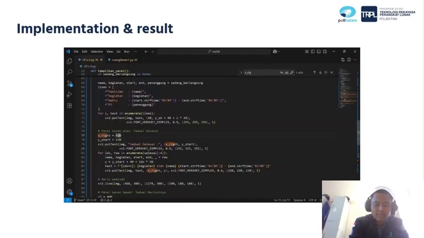Okay, this is the implementation slide. I will explain the implementation. First, we have code from Ruang Dosen 1 and RTF 4.